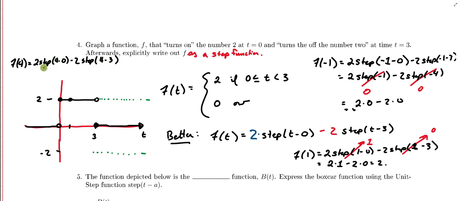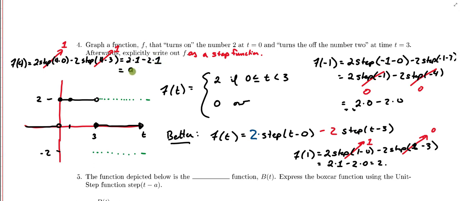This step function has a non-negative argument. Its argument is greater than or equal to 0, and so it's going to broadcast a 1. But same with this step function here. This would be the step of 1, and that also broadcasts the number 1. And so what we're left with is 2 times 1 minus 2 times 1,